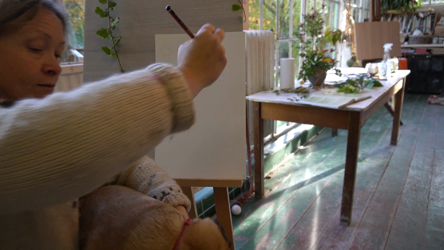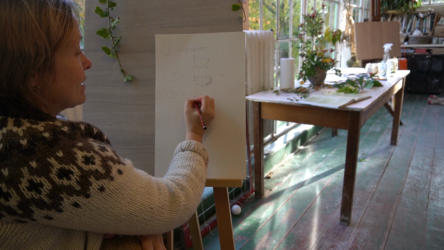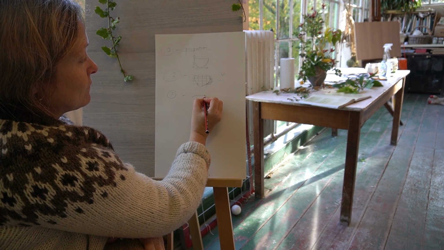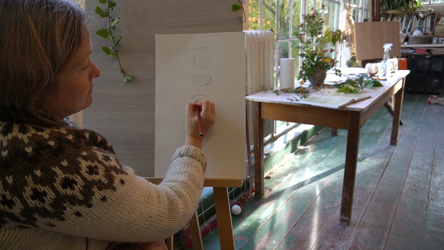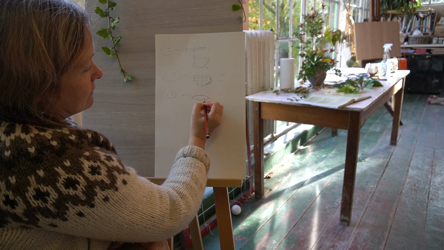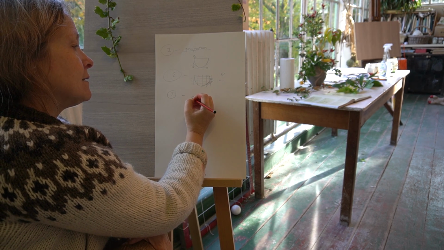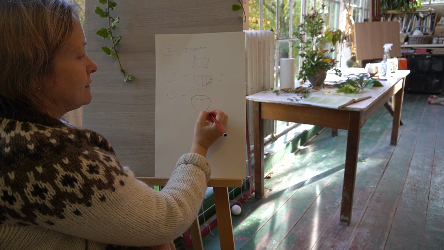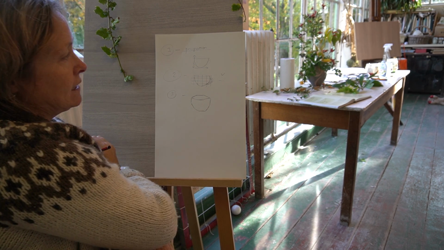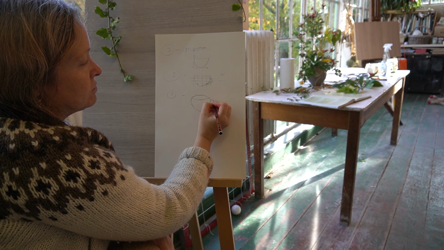So you could say, right, so 1, 2, 3. So those diagonals are going to give me the ellipse and shape of a cup without actually doing any